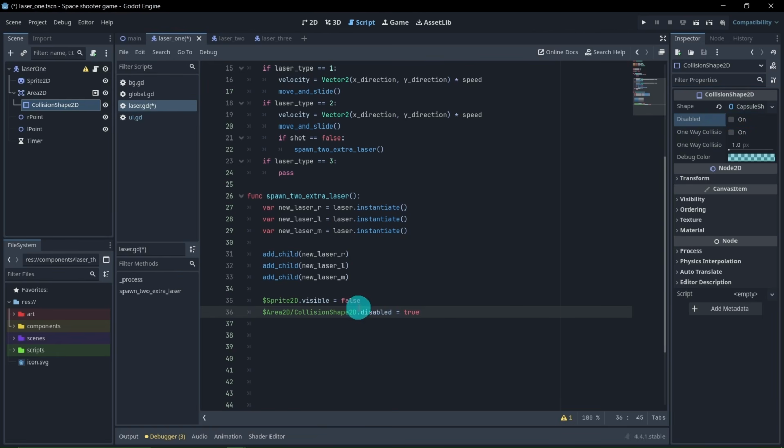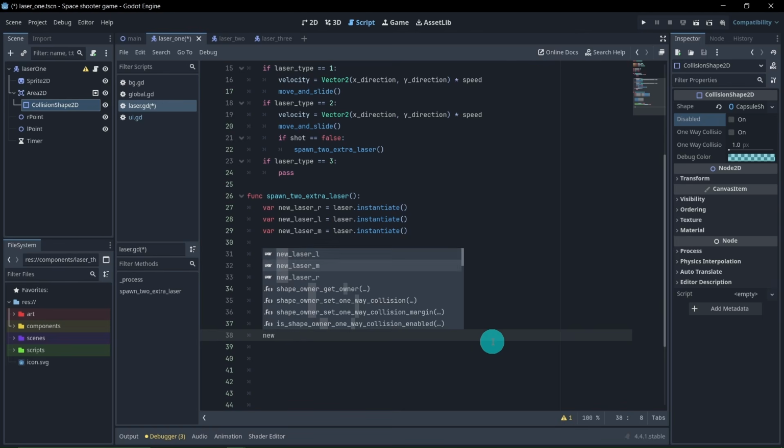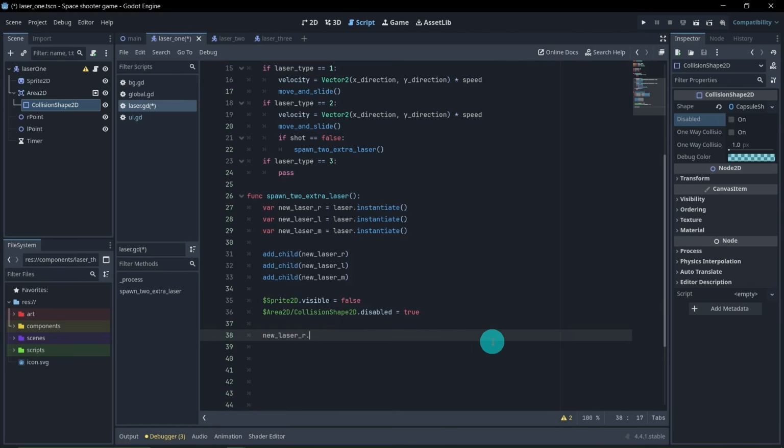Now we're also going to need to set some things for the direction of the new lasers. We know the middle one is just going to go upward, but the right and left one are going to move a little bit more to the left and right. To do that, what we could do is set the new speed for each one and of course the new direction. Let's start with the R one first. Let's go ahead, new laser R, do a dot speed, and we're simply going to equal that to